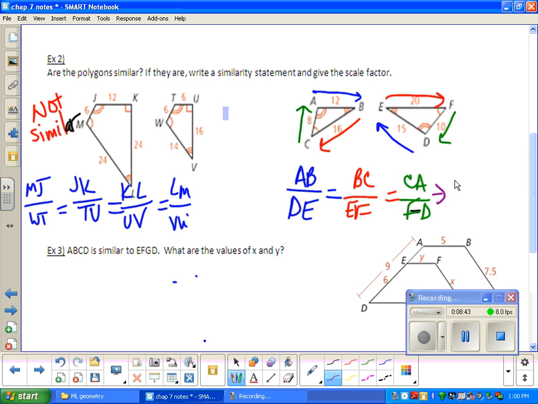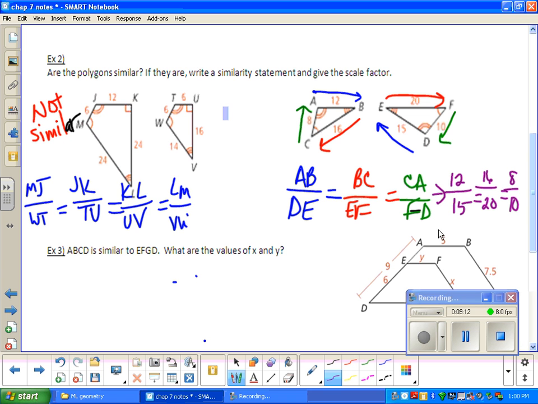So AB equals 12, DE equals 15, BC equals 16, EF equals 20, and CA equals 8, and FD equals 10. So if I were to reduce these fractions just to decimals, just to see what it is,